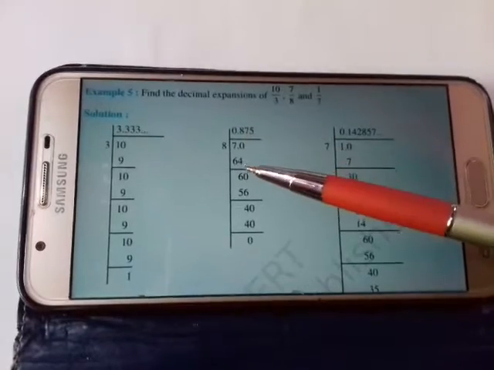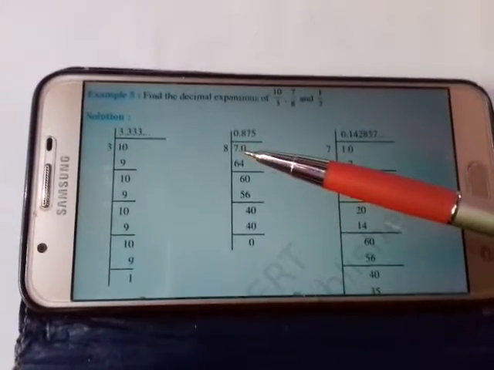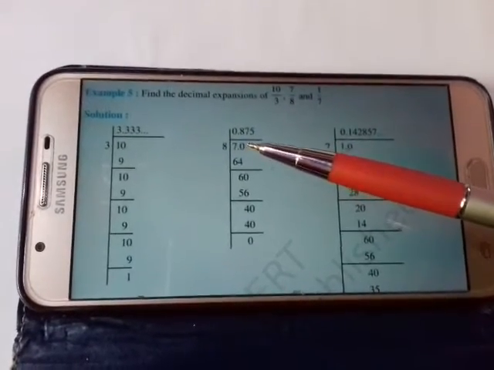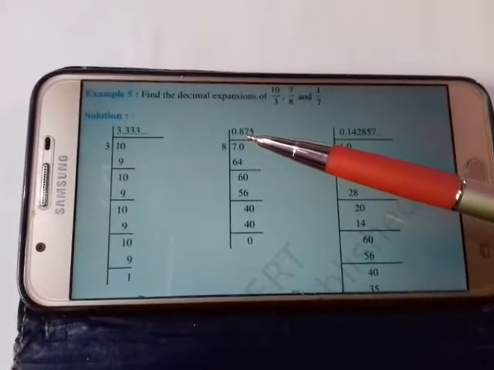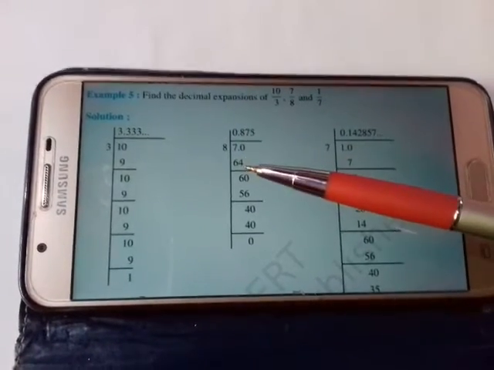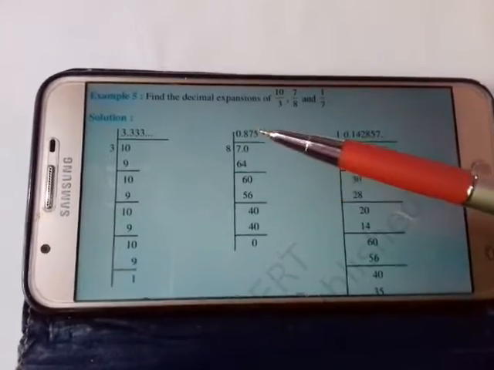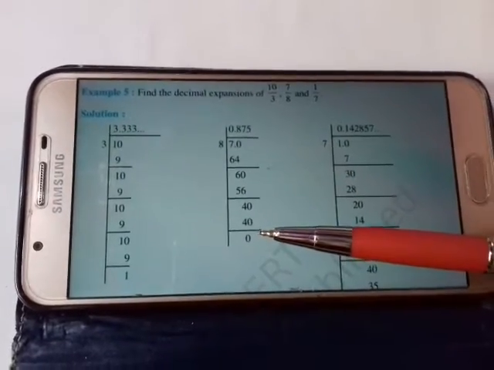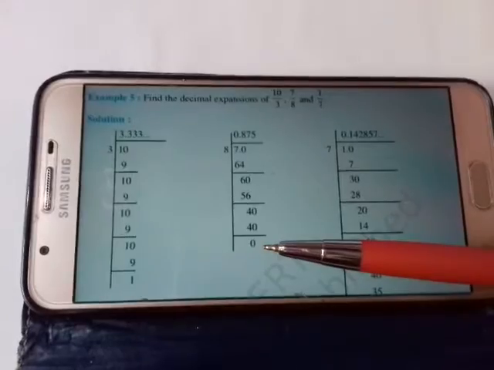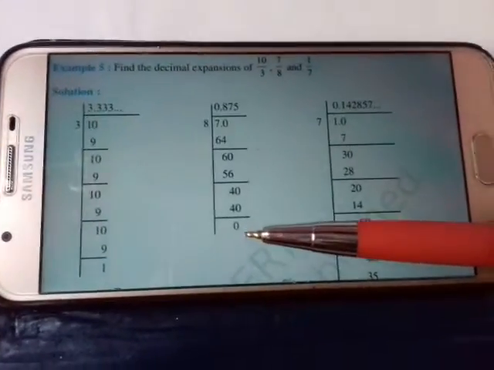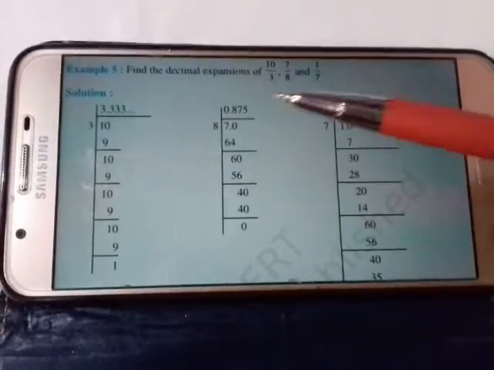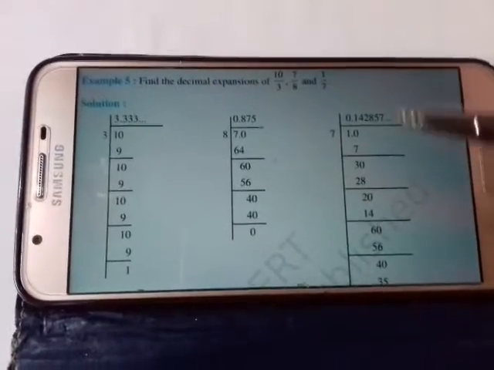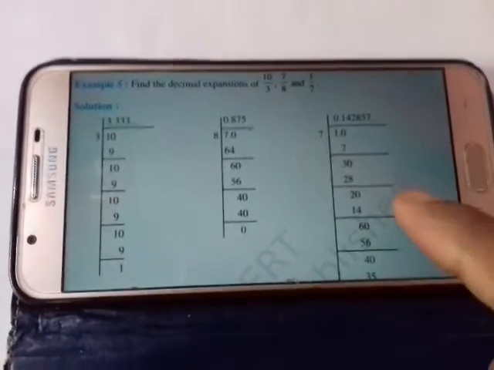And if you see over here, when 7 is divided by 8, you can see what happened. With 8 it is 64, 6 came down, 7 was there, so 0 has been kept, and after keeping the point here 0 came, so it became 70. 0.875 is written over here, so it became 70, and it is 64, and 6 came down. Again with 7 it has been done. Since the point is kept, every time 0 will be coming, so 8 7s are 56 and 4 came down, and again 8 5s are 40. Now what happens? The remainder became 0. That means here it has been terminated. The remainder became 0, that means the decimal expansion is terminating. We will be discussing that in the handmade note later on.